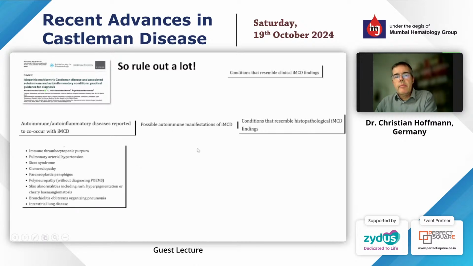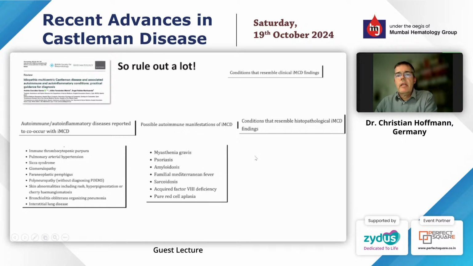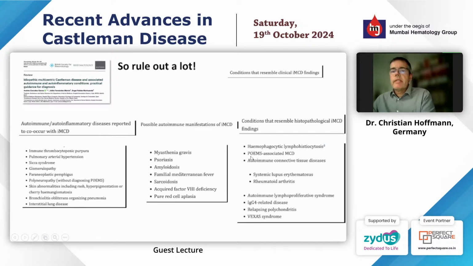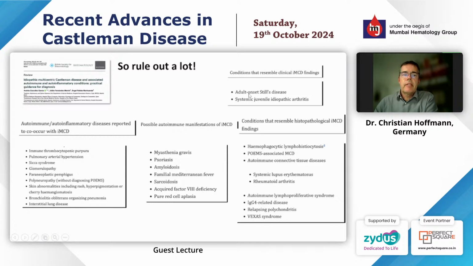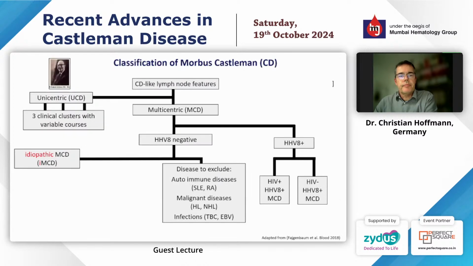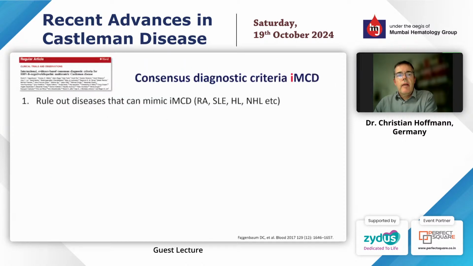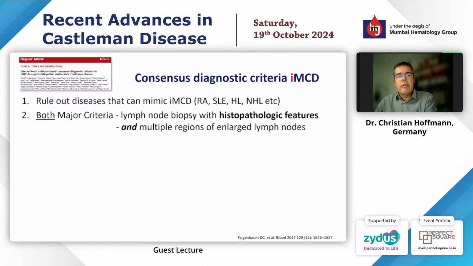There are possible autoimmune manifestations of IMCD, and there are conditions that resemble the histopathological findings of IMCD, and there are also some diseases that clinically resemble IMCD findings. So you have to rule out a lot before you can talk of an IMCD. So for idiopathic multicentric Castleman disease, the first step, as I told you, is to rule out other diseases that may mimic IMCD histopathologically. And the second step is